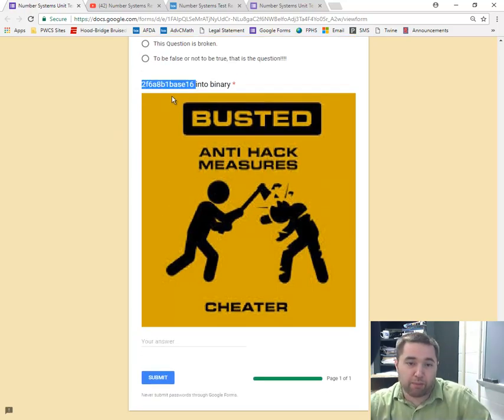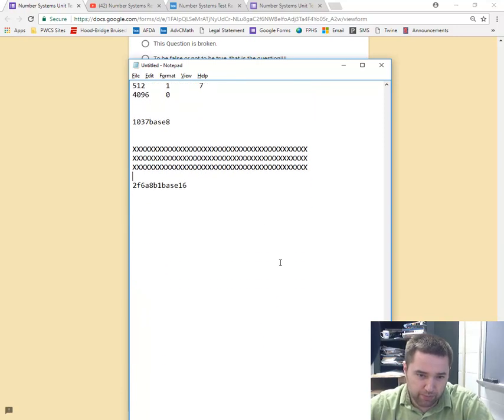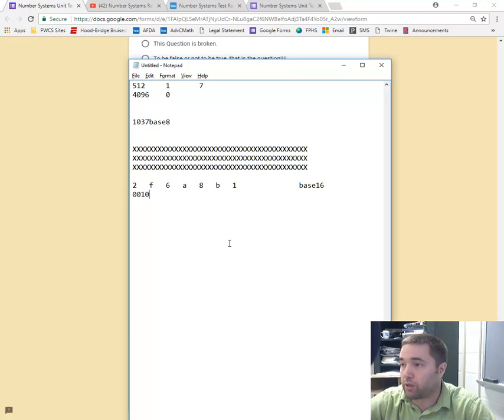Last but not least, we copy pasta into binary. This was an easy trick. It's on the last page, I think it is. So what we need to do is space this out. I want to get rid of the base. So I space it out so everything's 4, so when I line this up vertically, it matches out perfectly. We don't need leading digits, so I could just write 10 for this, but I'm going to write 0010 just